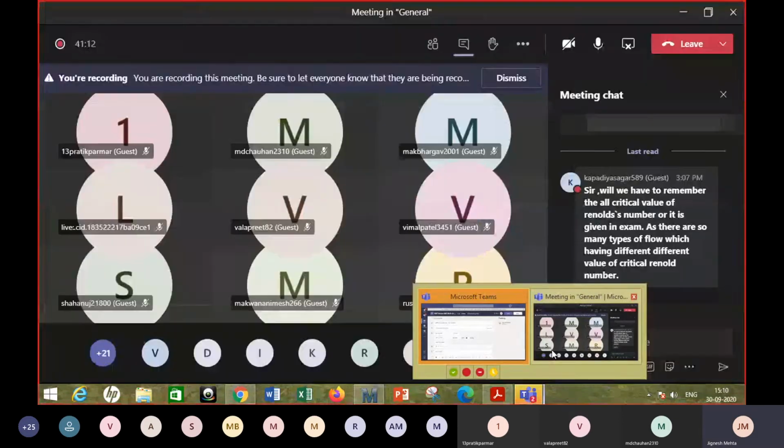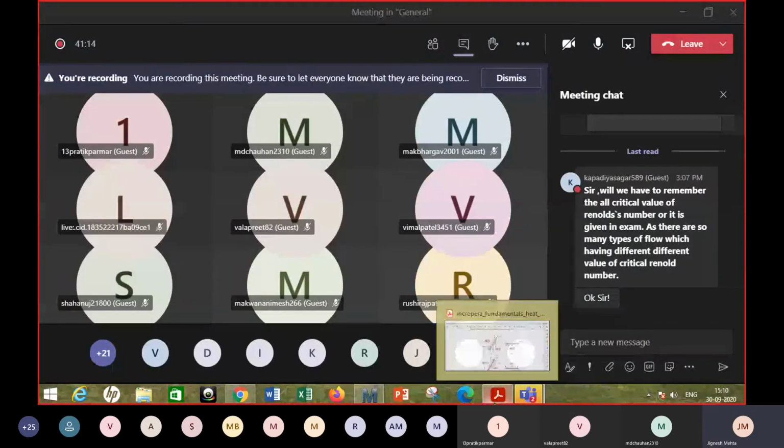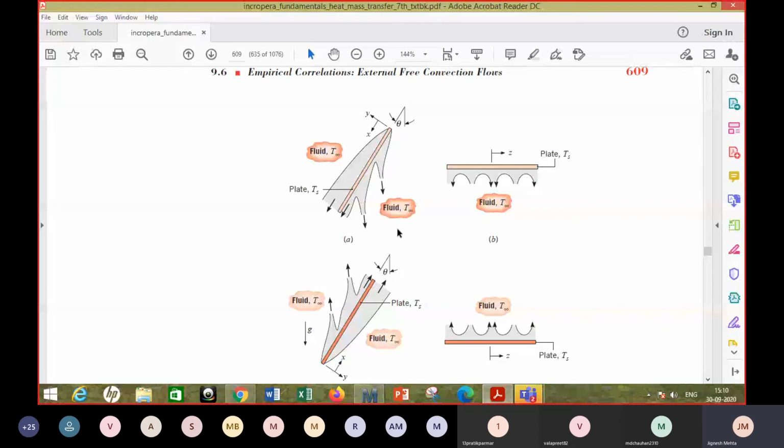So we were talking about inclinations other than 90 degrees. If the plate is inclined with the vertical at an angle theta, now this plate, what is shown here, is not actually a heated plate, right? This is a cold plate. So the temperature Ts should be less than the temperature of the fluid. In that case, the fluid is moving downward, as you can see, and on the other side the flow pattern will be a bit different, right?